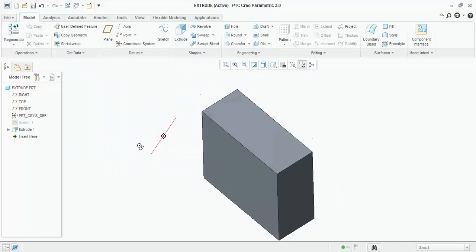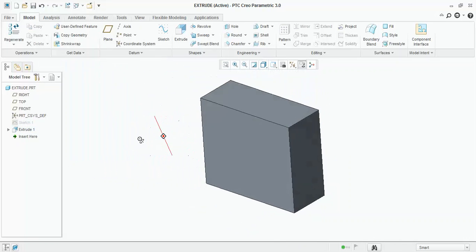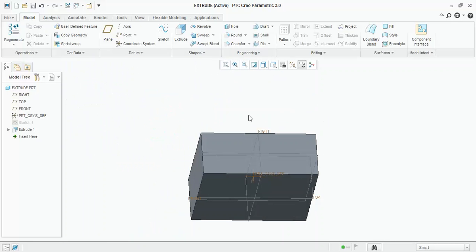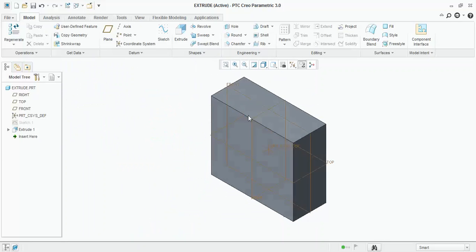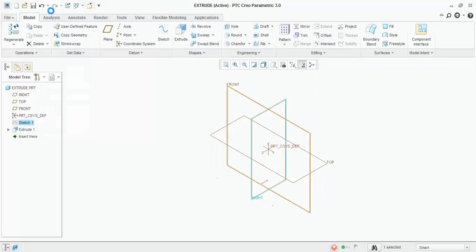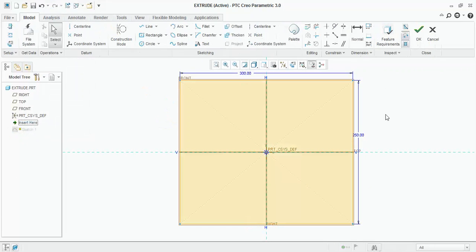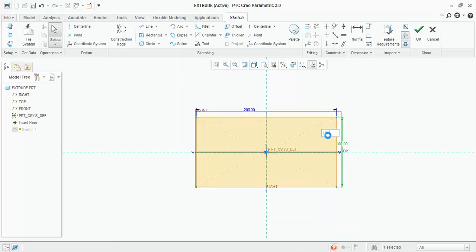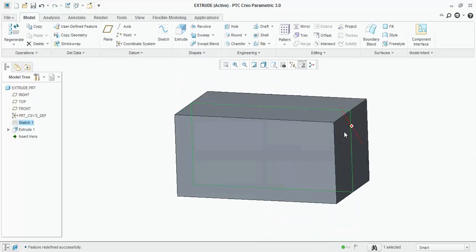You can rotate this by holding the mouse button and dragging the mouse. When you want to bring this in default orientation, press Ctrl D. Now if you want to edit the dimension of the rectangle, click on the sketch, right click on sketch, select edit definition. Your sketch window opens. Change the dimension,